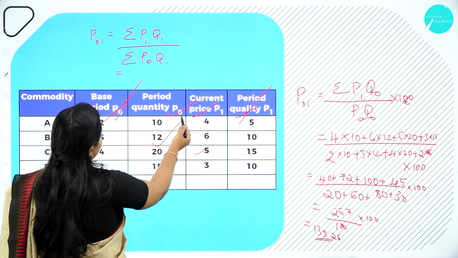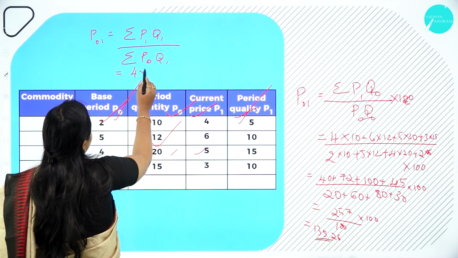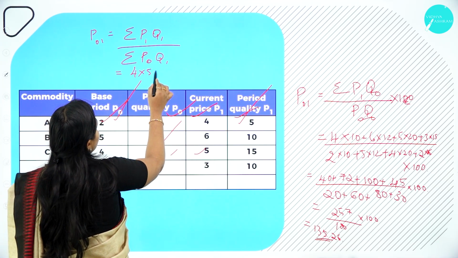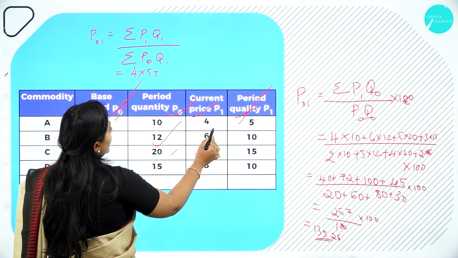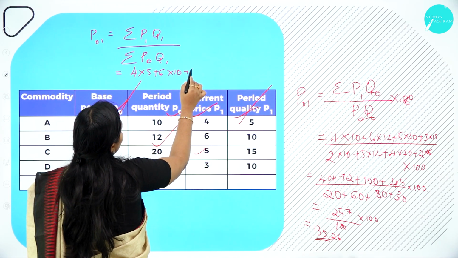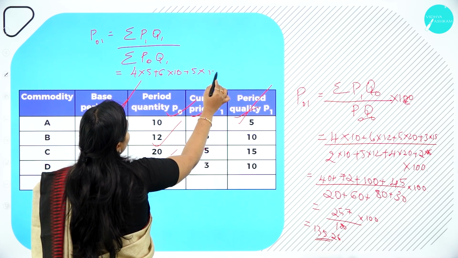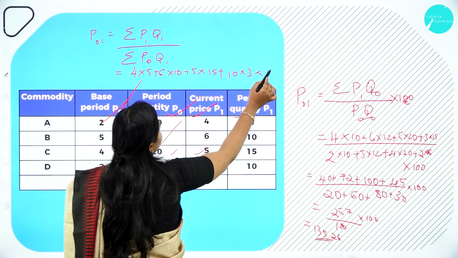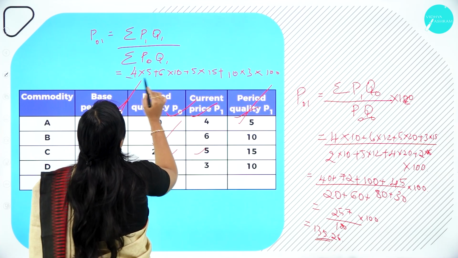What is the current period price? 4 into 5, plus the current period price 6 into 10, plus 5 into 15, plus 10 into 3, into 100, divided by